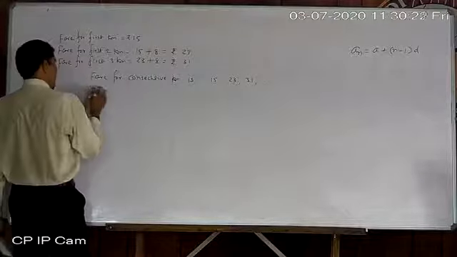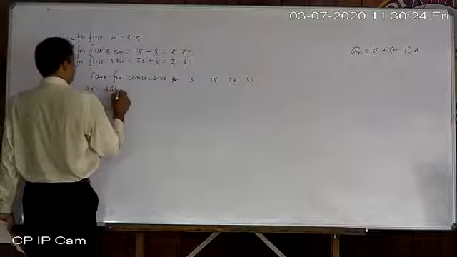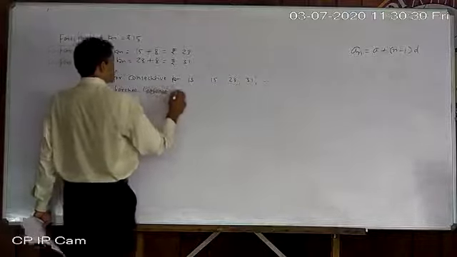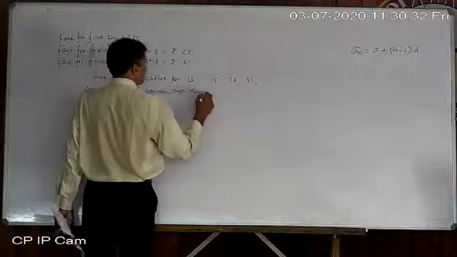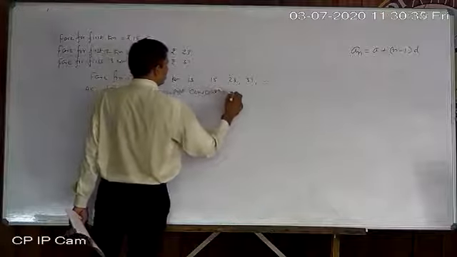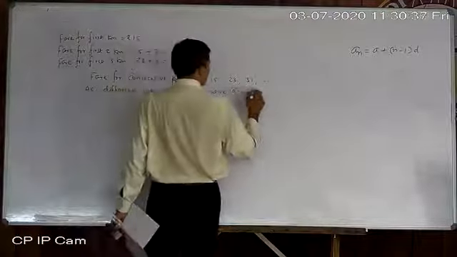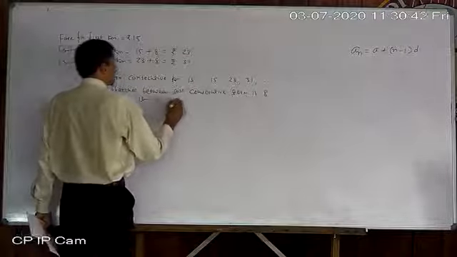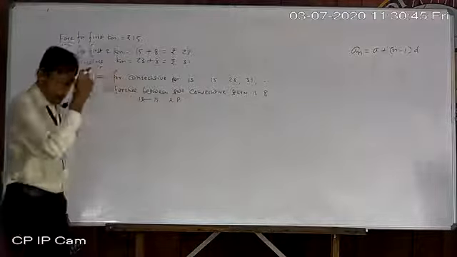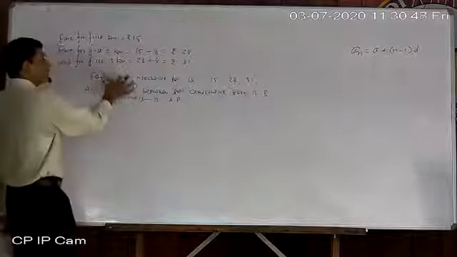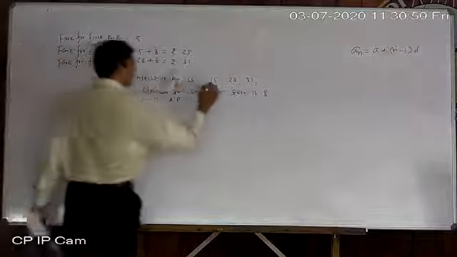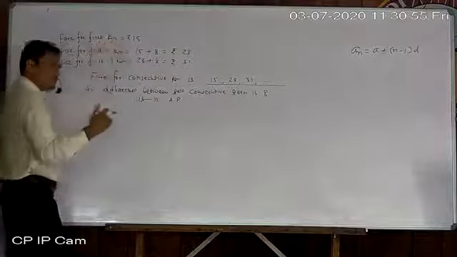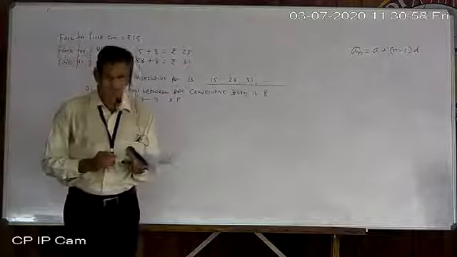So this is the reason: the difference between two consecutive terms is 8. Therefore, it is arithmetic progression. This is the short form of arithmetic progression. Okay, so that way you have to write. Okay, you can write direct arithmetic progression also, but if you explain somewhat, then it will be better.